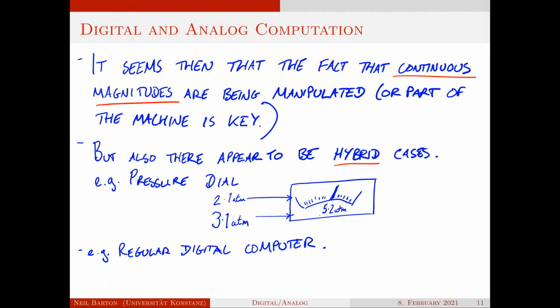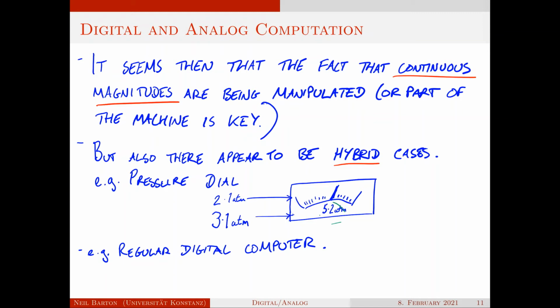Okay, so here's an example of this. Let's suppose I have a cylinder that I can add gases to. And let's just consider the following completely physical description of what I do, independent of any computational ideas. Firstly, I fill the cylinder up with 2.1 atmospheres of some gas, and then I add in another 3.1 atmospheres of gas afterwards, and there's a dial I can read off on the cylinder, which obviously reads 5.2 atmospheres